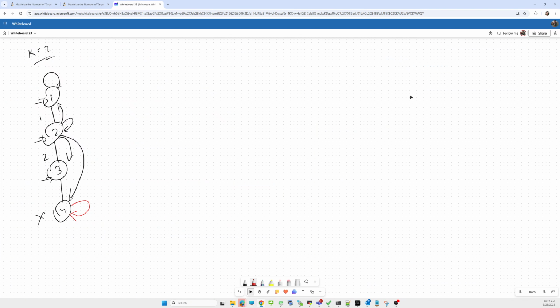Let's say there is a tree like this, 1, 2 and 3, and here 4. Now there is one more tree available like this, 1, 2, 3 and 4.